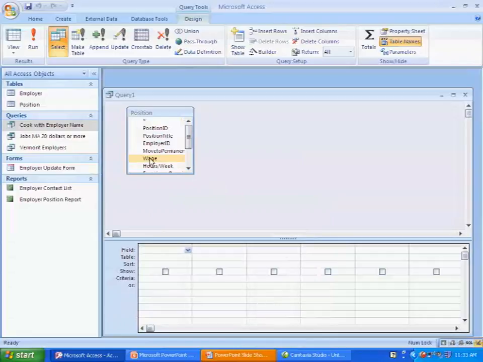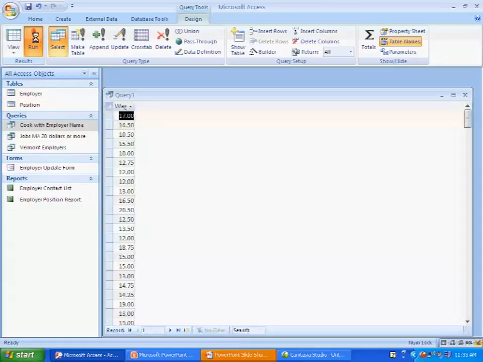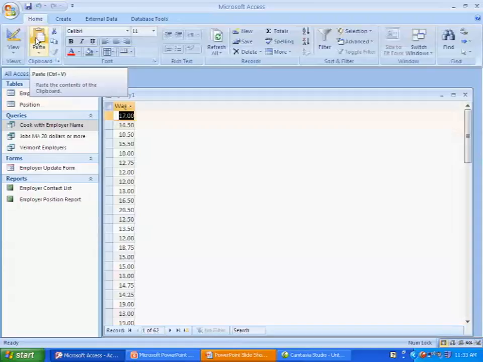I'm interested in seeing information about the wages for the jobs. If I bring down that field now and I run the query, I can see that I get 62 different wages representing the different wages for each one of the jobs. What I would like to see instead is, what's the average wage of all these jobs? I go back into Design View,